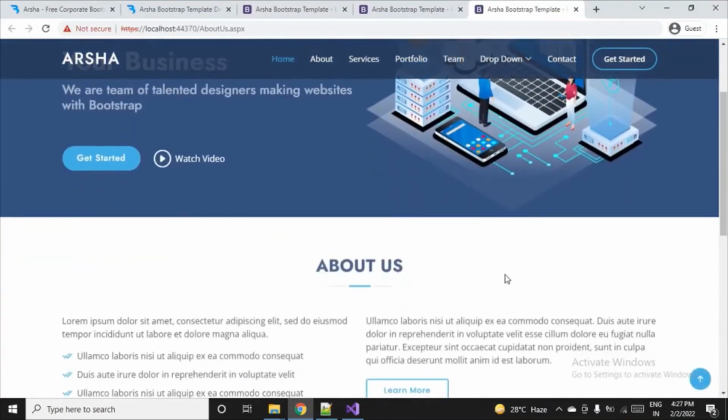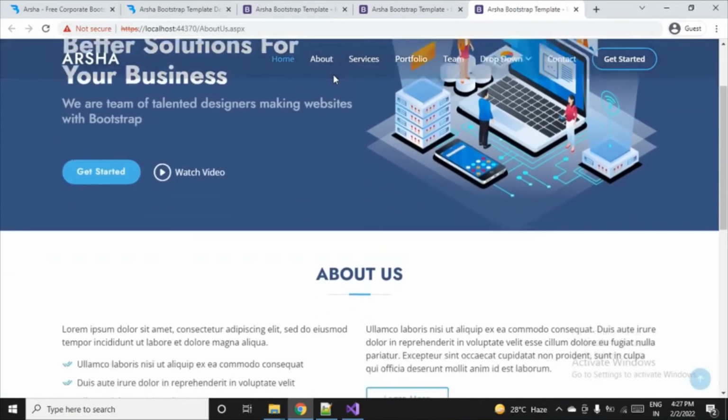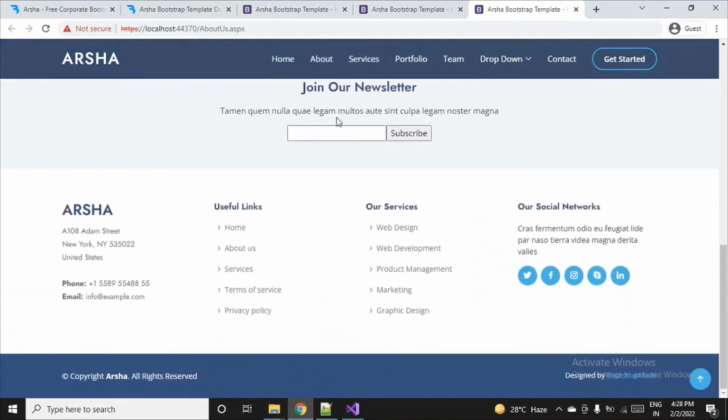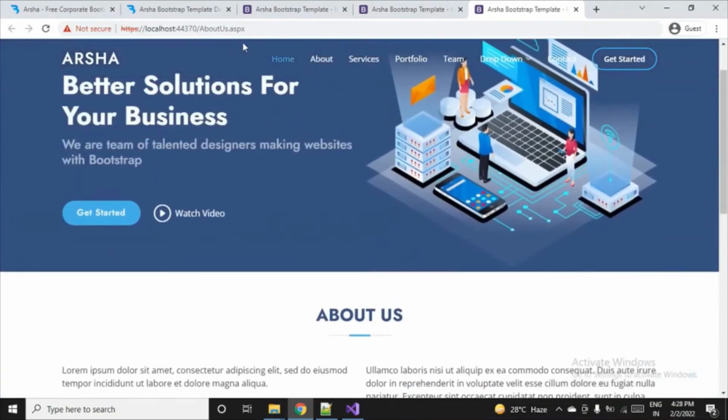And now you can see that there is no client section here, only the about us part is here, and you can see that about is selected here. If you scroll down, you can see about is selected. It's not going further. So this is how the about us.aspx page got created.